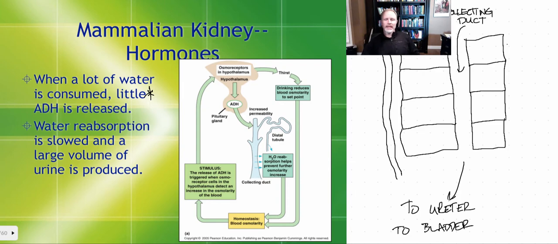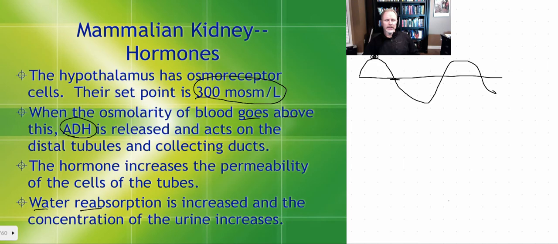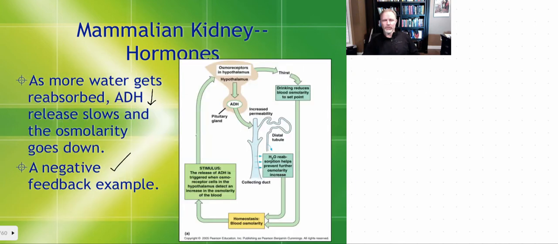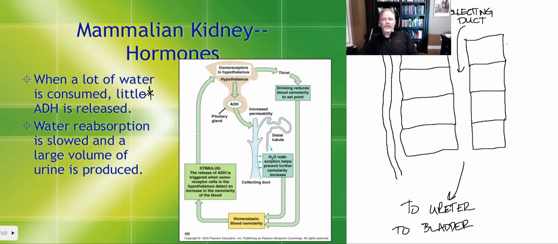And when we release the ADH, okay, if we go back for a second, and we release the ADH here, this is going to act on these distal tubules, like we said, as well as the collecting ducts, and increase the permeability of those cells of the tubes. Okay, so if we look here now, this antidiuretic hormone is going to diffuse into the cell. The antidiuretic hormone is going to act on the genes. It's going to work with these transcription factors, and it's going to turn on the genes that make the proteins that form the collecting ducts